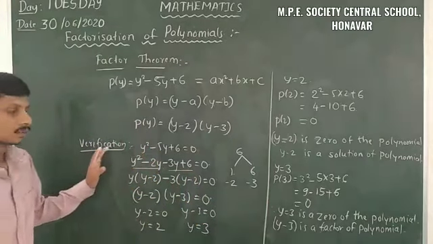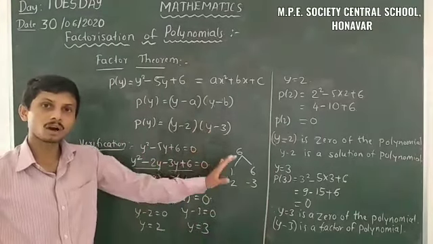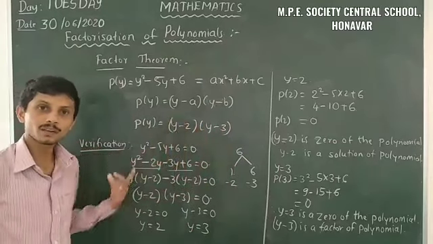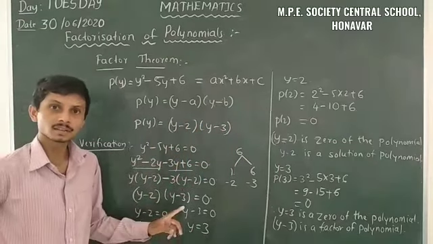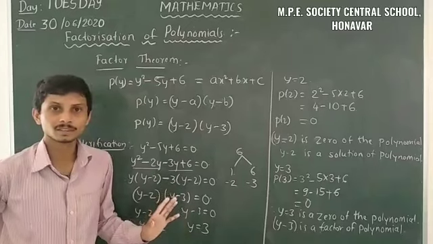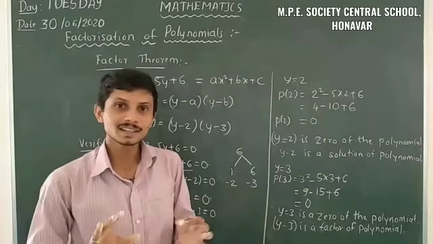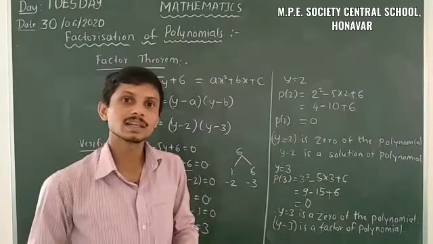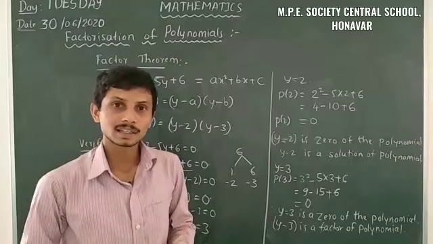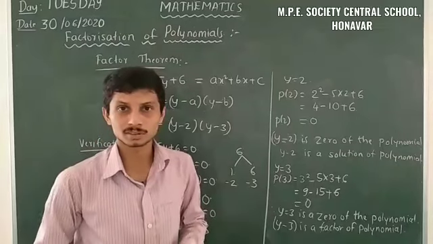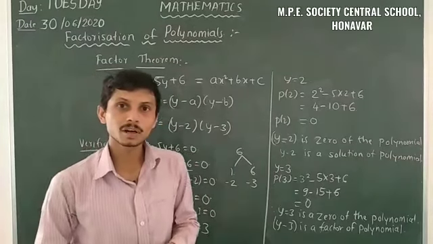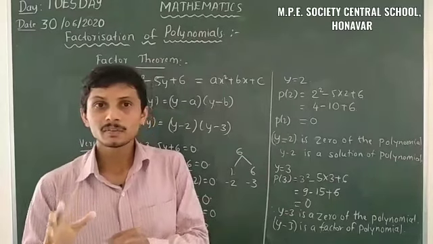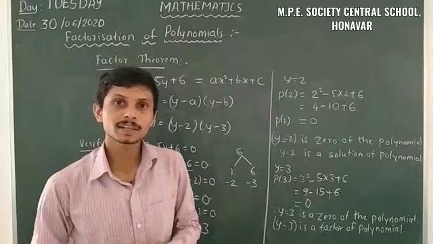So that means the solution we got from the factor theorem is right. So we verified by using splitting of the middle term. So this is the concept of the factor theorem. You can take any other example in the textbook or from some other sources. After that you have to solve with reference to the factor theorem and verify using splitting of the middle term.